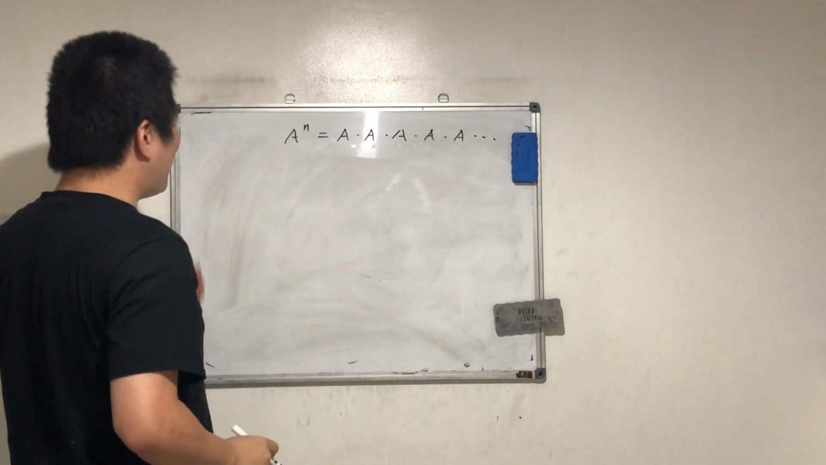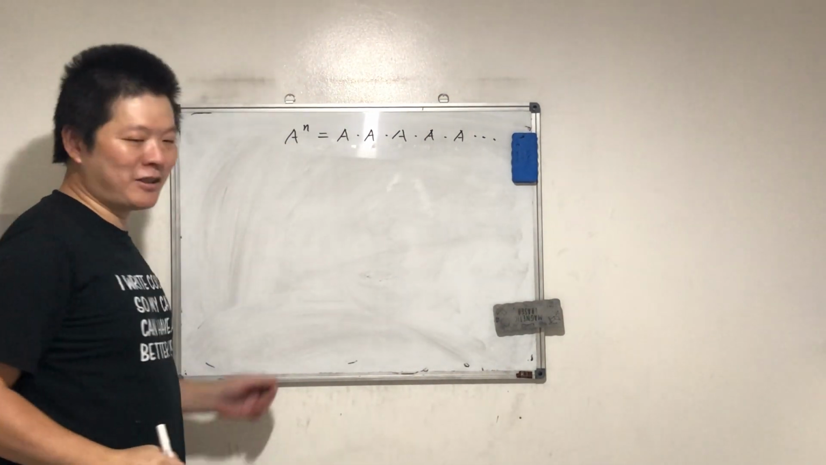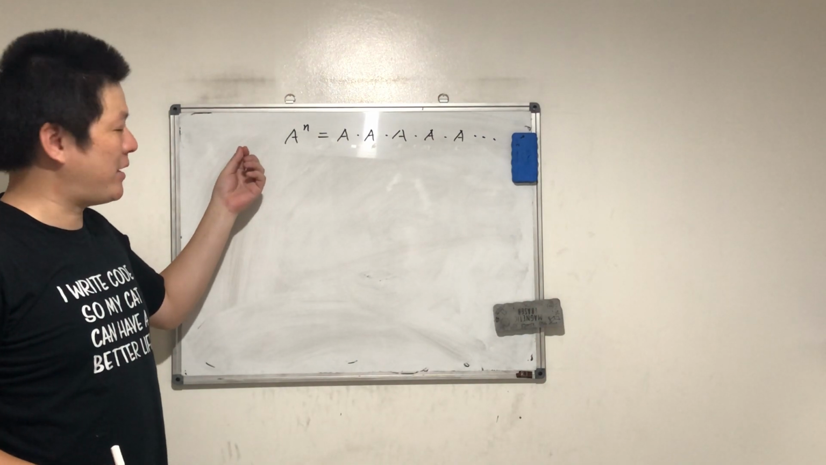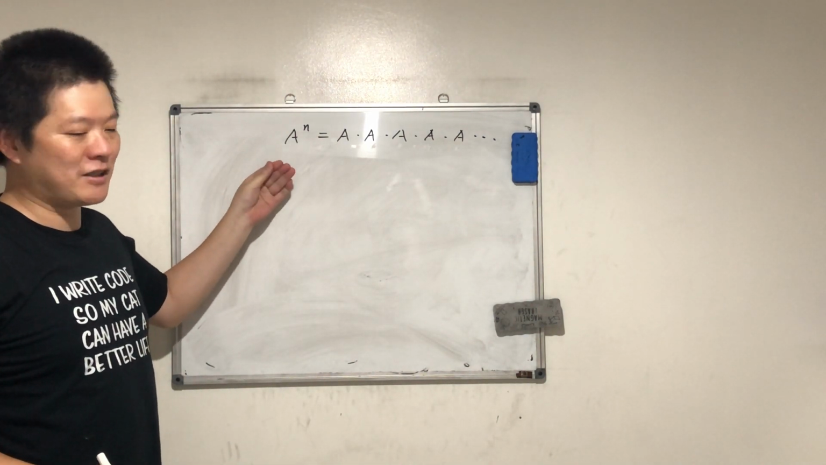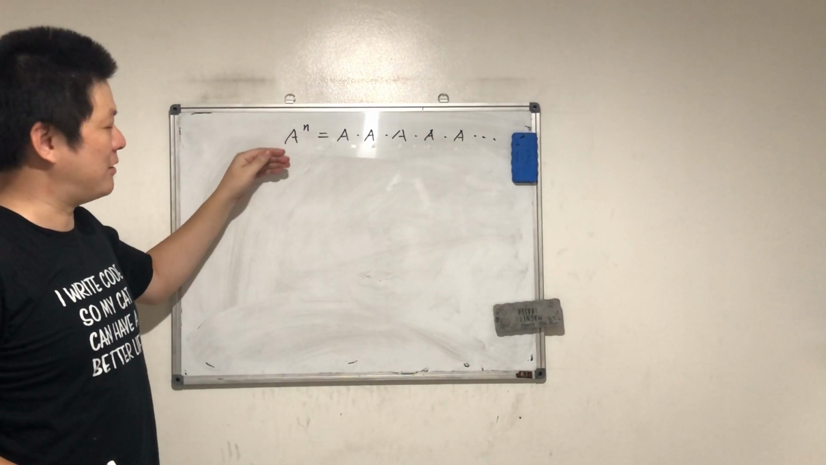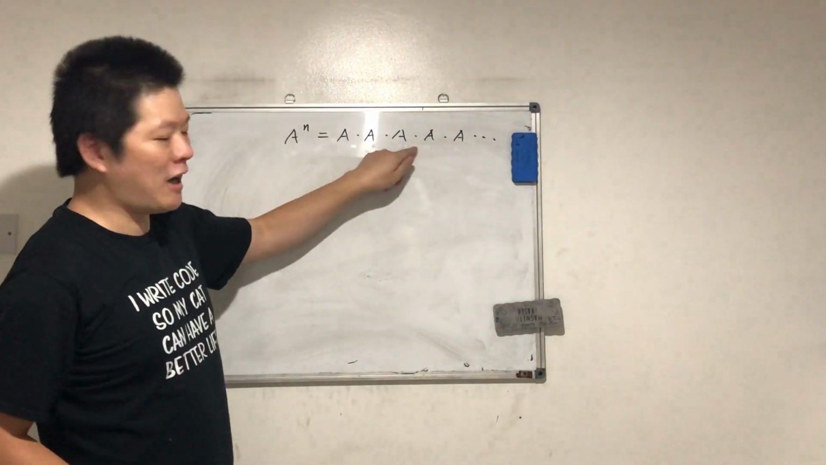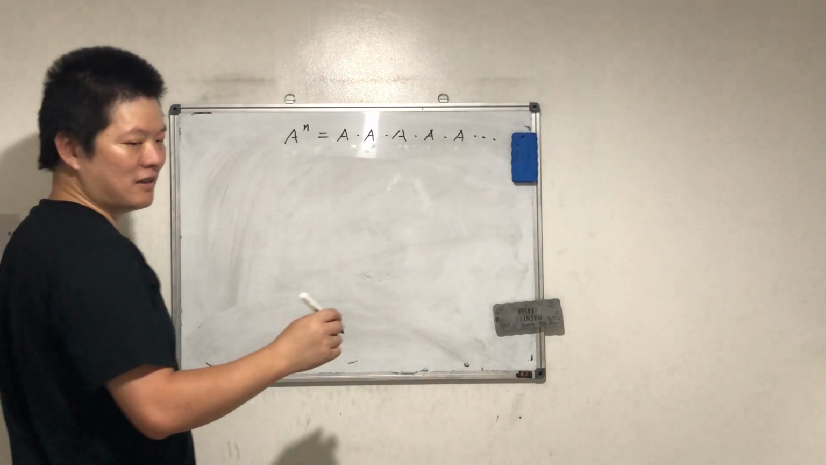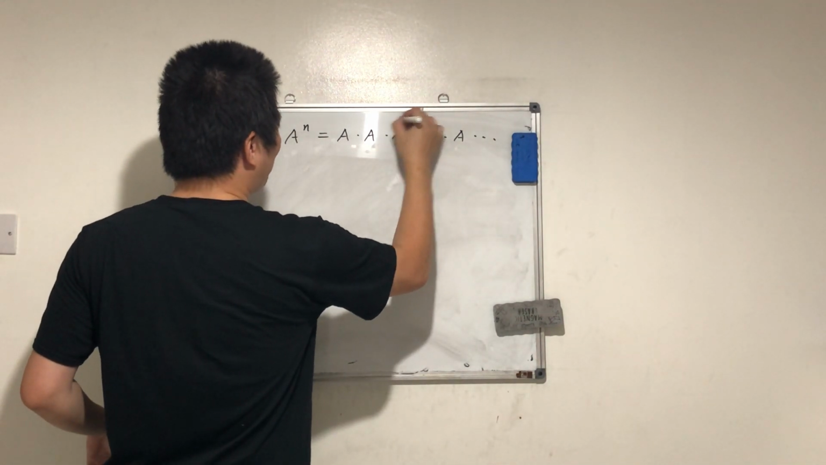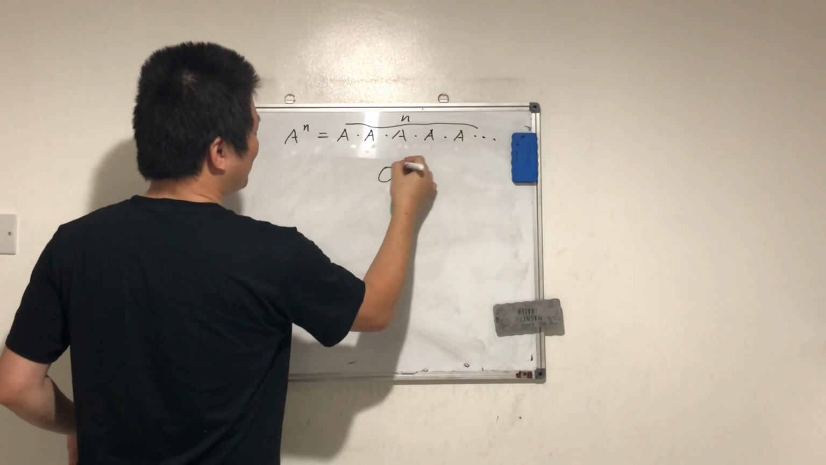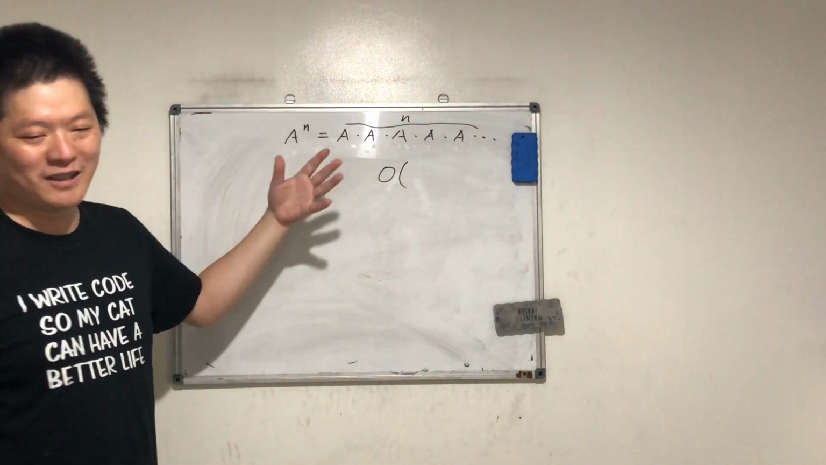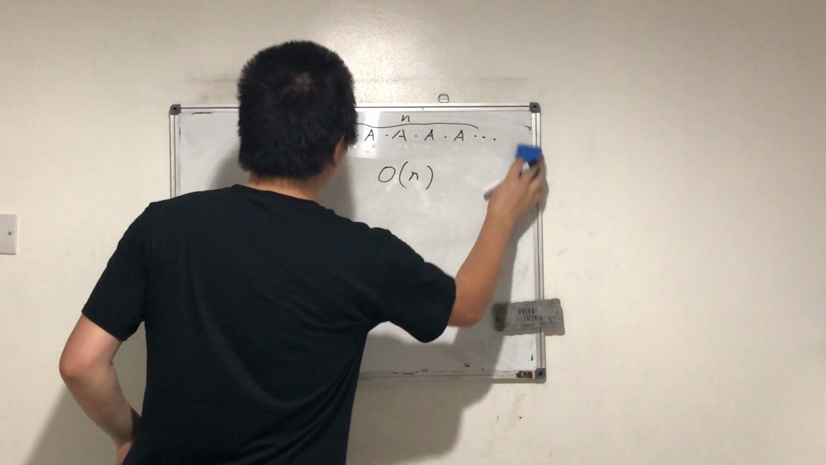Okay. So we talked about the matrix a few days ago. Today we're going to talk about implementing matrix multiplication of the power function. So a to the power of n is a times a times a. How many a's are multiplied together? n. And what's the time complexity? Because there are n, so O(n). Okay, so